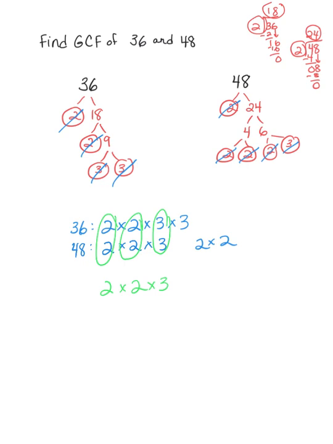And from your Ed Puzzle, I definitely made sure that I highlighted that once we found those common prime factors, the last thing we need to do is multiply them to find the greatest common factor. So 2 times 2 is 4, times 3 is 12. So the greatest common factor of 36 and 48 is